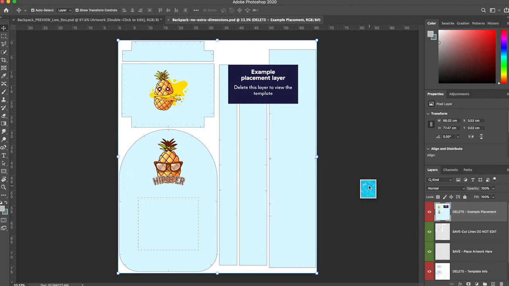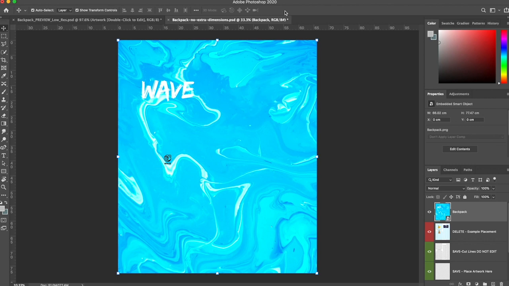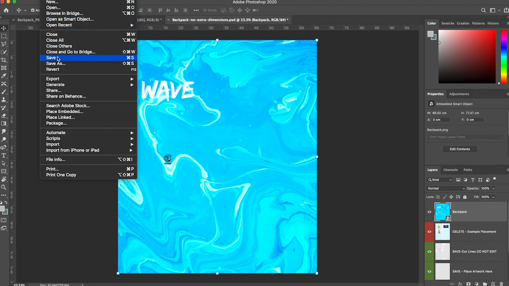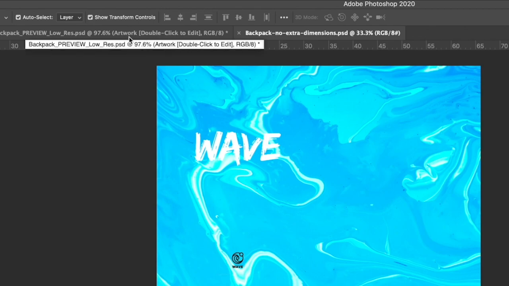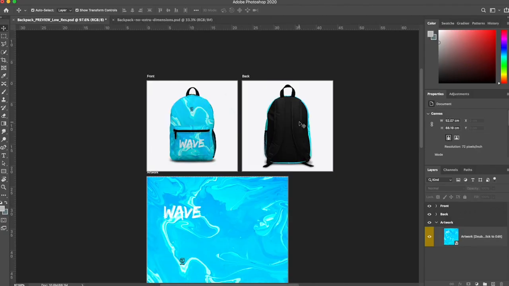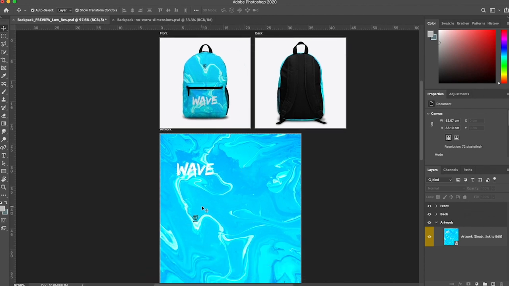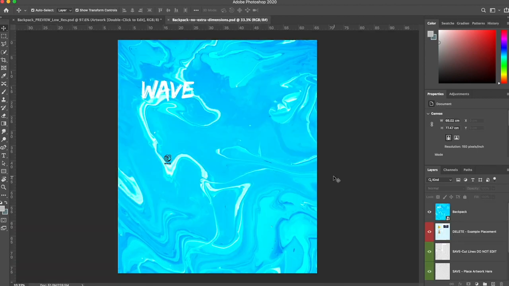Next, import your specialty product design template and save the file. Then go back to the original preview file using the tabs above the design area. As you can see, the design template we added has now been incorporated into the front and back mockup of the specialty product. If you need to adjust the template or design placement, just head back to the artwork layer